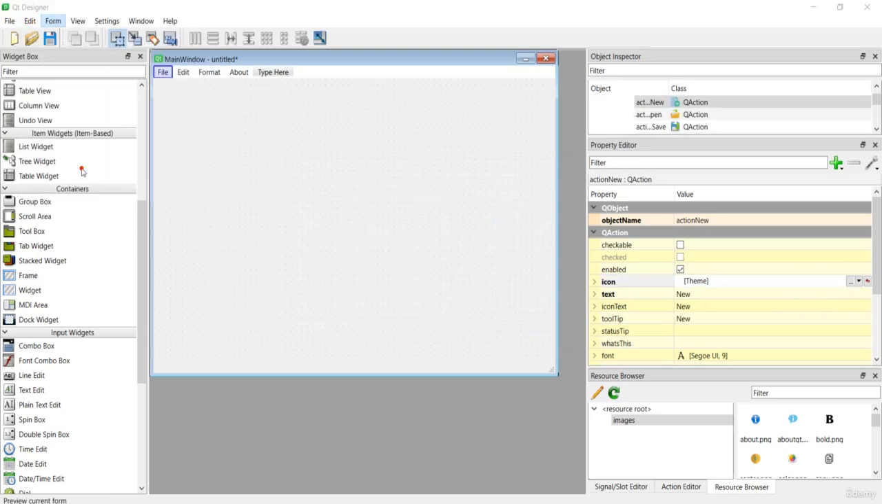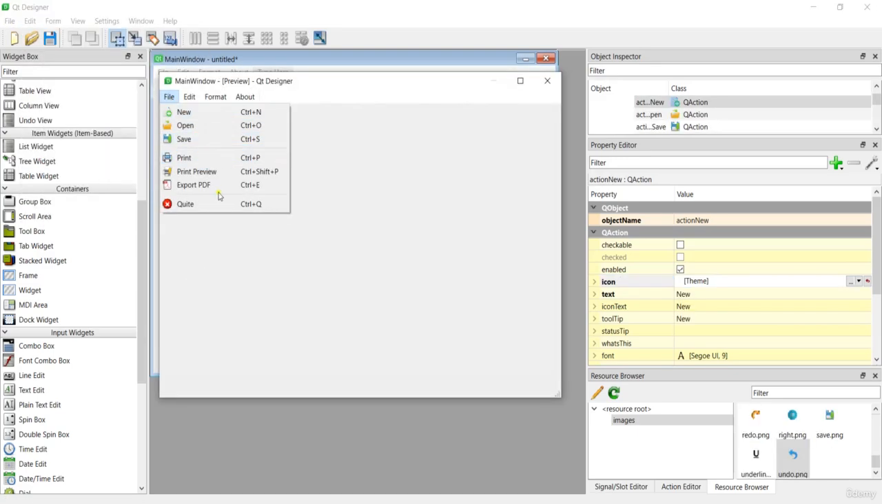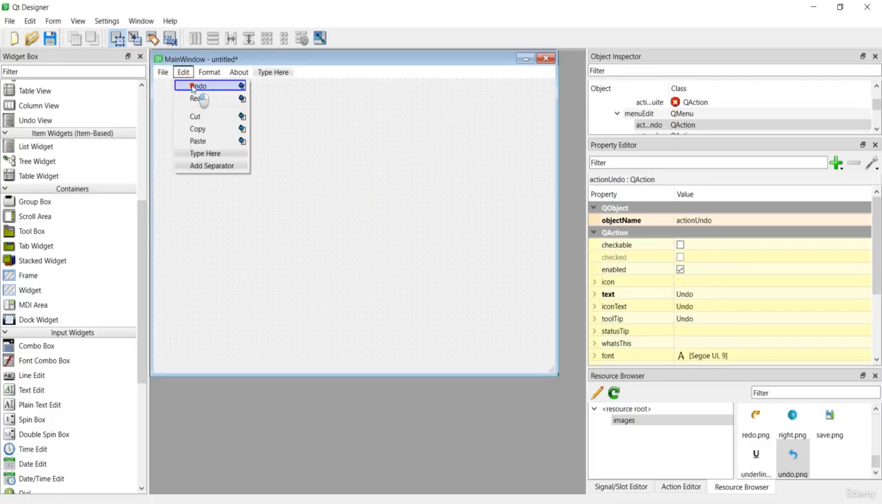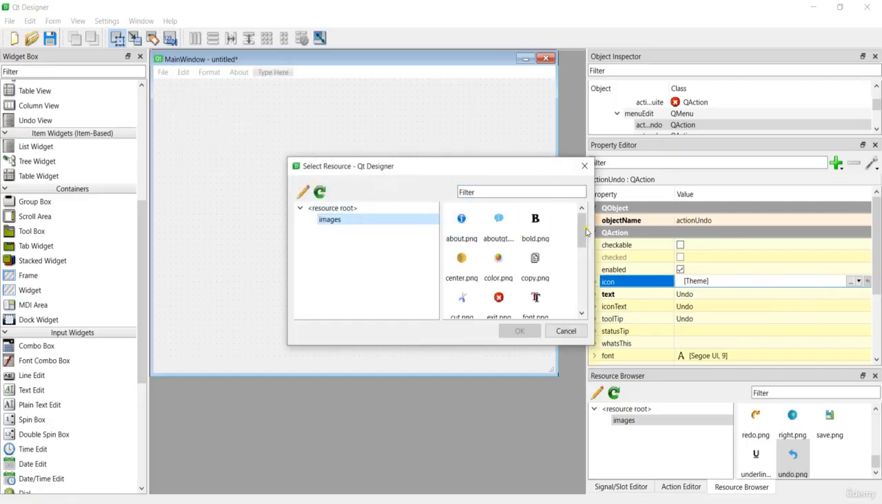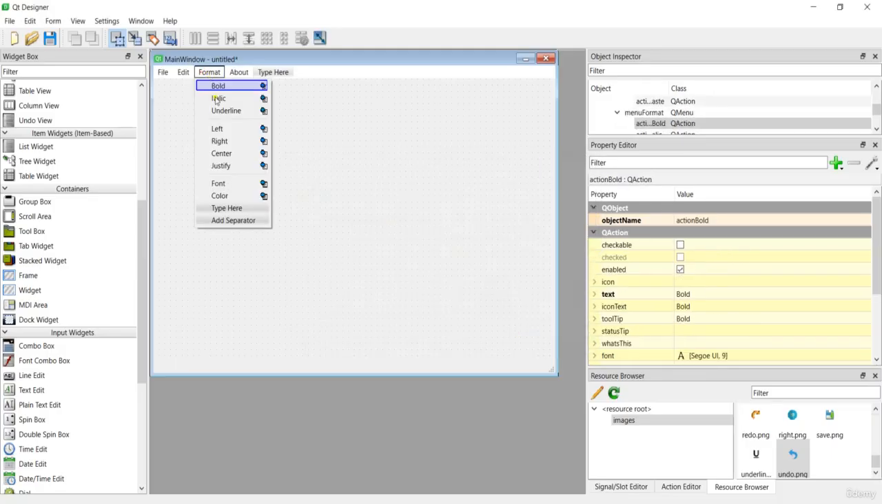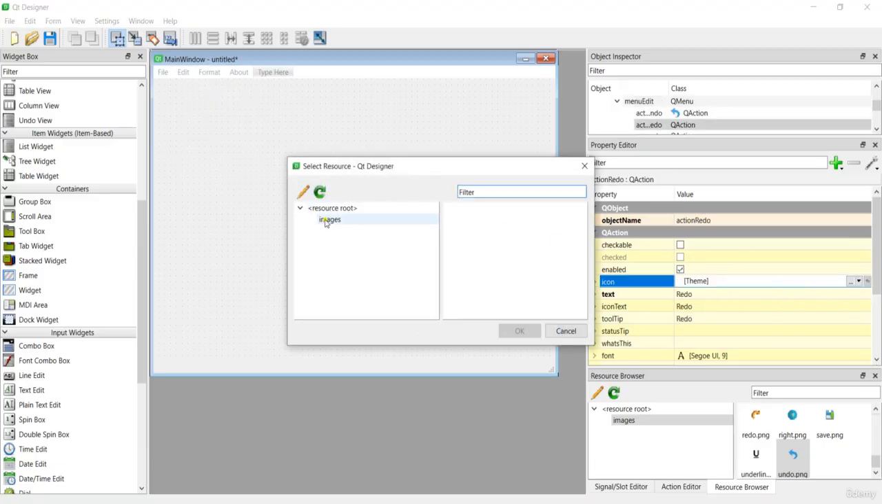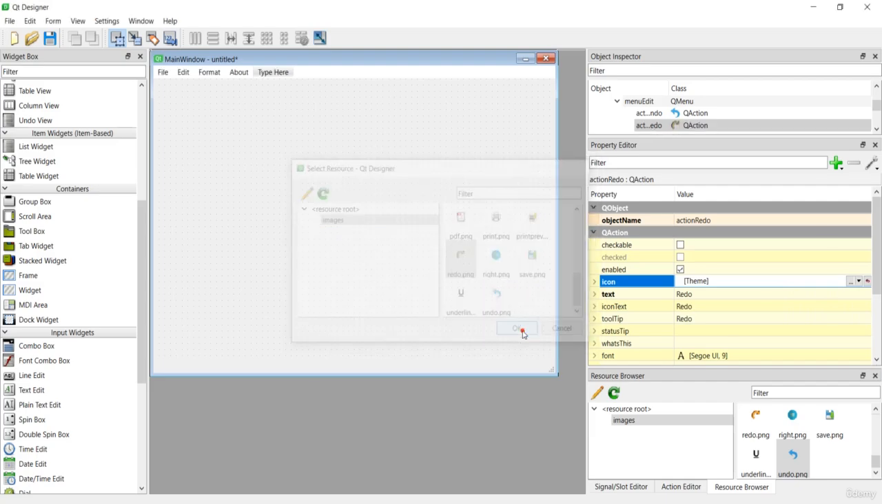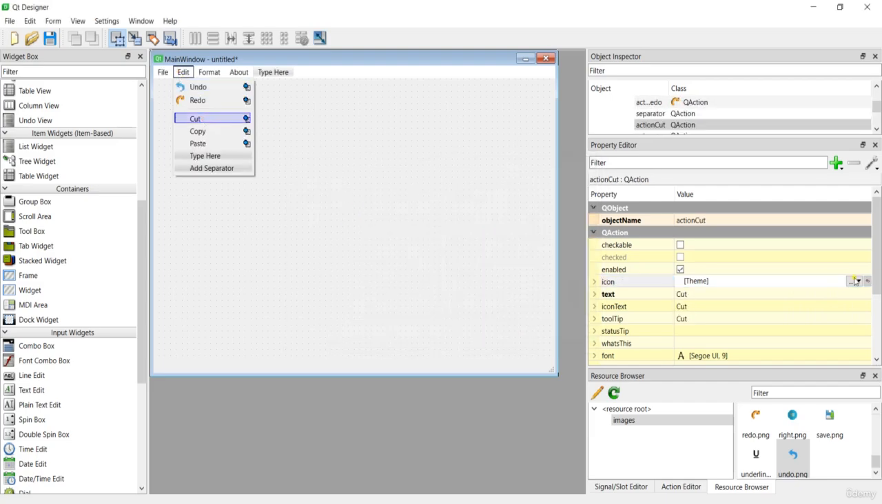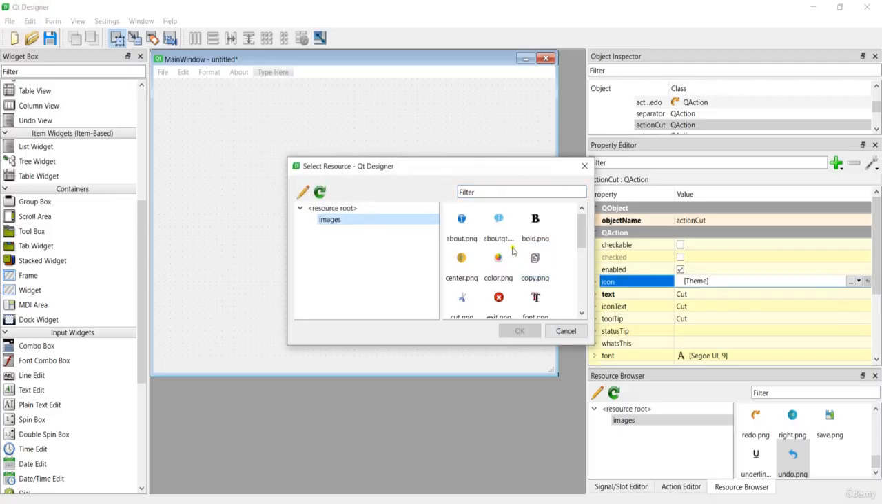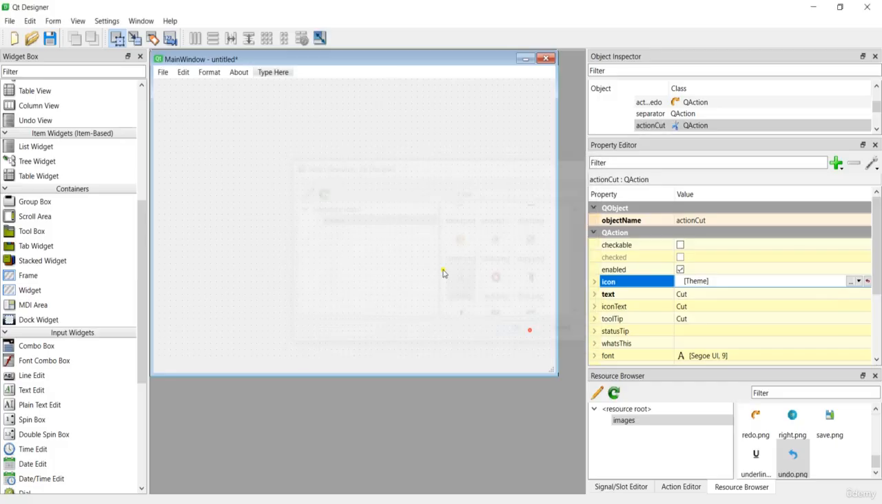So if I preview this, now you can see that we have new, open, save, print, and with the icons. Now let's add for the edit. We have the undo icon, and I can choose resources, images. Let's come down. We should see undo in here, undo.png. We have redo. You can say choose resources, redo.png. We have cut, where is cut? Cut.png,